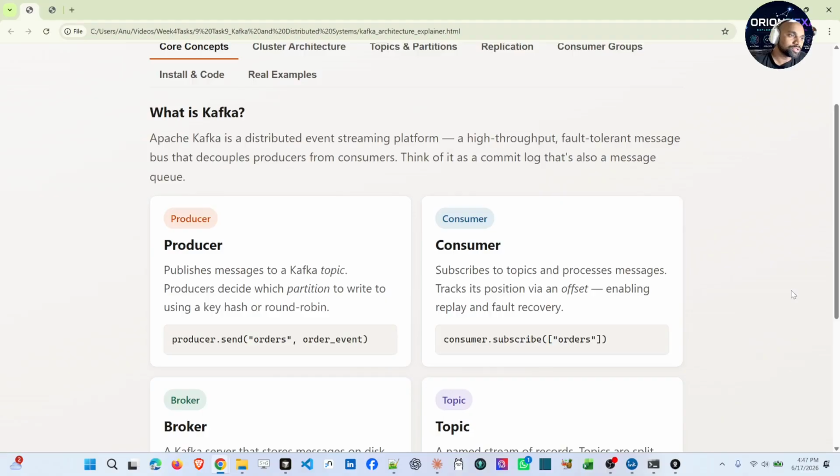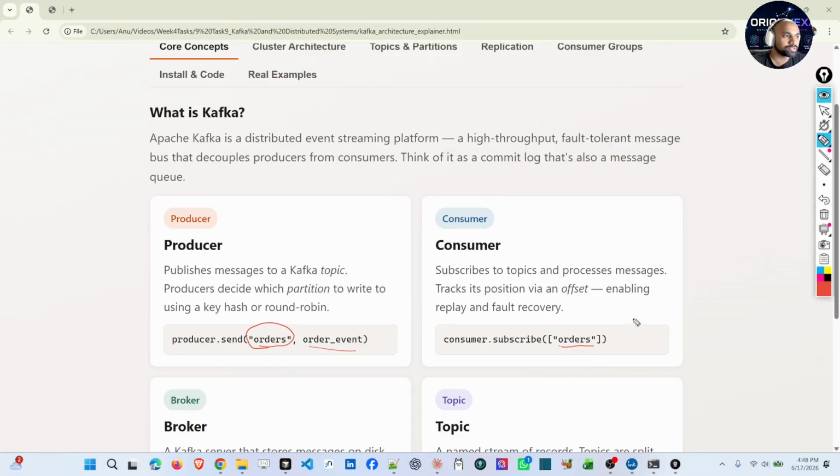Then we come to the consumer. This is how we create the producer. Suppose a consumer wants to get the details, they have to subscribe to the topic. This is the topic name we are giving. All the order events have to go to this order topic. When a consumer wants to subscribe to those order events, they have to call consumer.subscribe and give the specific name of the topic.